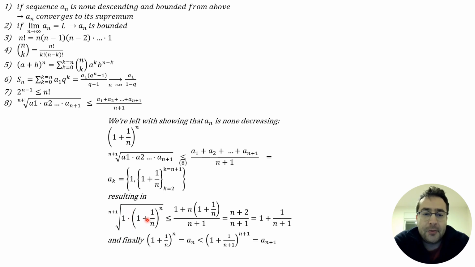And here you can see we get a_n, right? And the (n+1)-th root of it. And on the other side, we get the inside of the a_(n+1). So if we raise everything to the power of n plus 1, we get exactly what we want. a_n is smaller than a_(n+1), and we finished showing that the sequence is non-descending. So now we use theorem number 1. The sequence is non-descending and bounded from above, therefore the limit exists, and this limit is called e, the Euler's